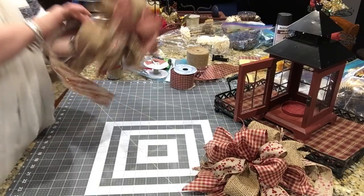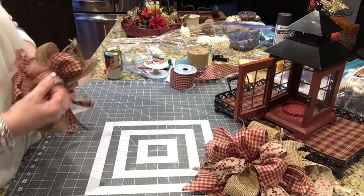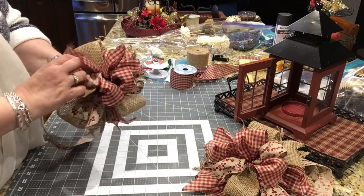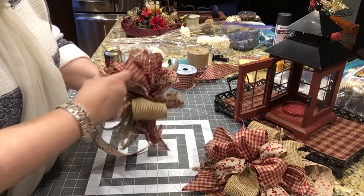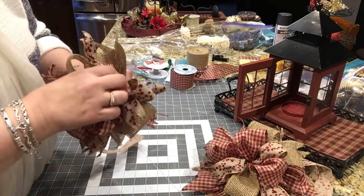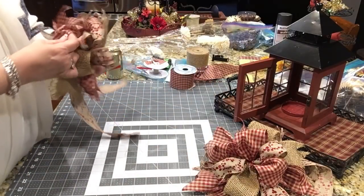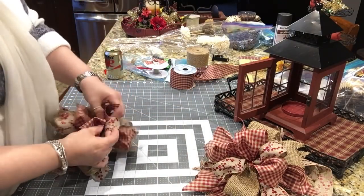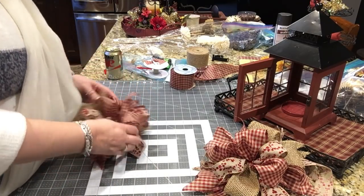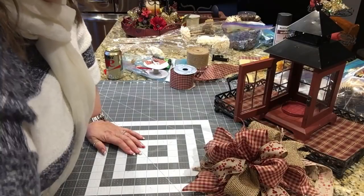And that way I can use that to tie it onto that little lantern out there. And that, my friends, is my second funky bow of the day. All right, I'm not going to mess around with this one too much here, but y'all get the drift. Of course, I am going to mess around with it because I can't just leave it alone. Anal retentive much? Okay, I'm going to set that aside for now and